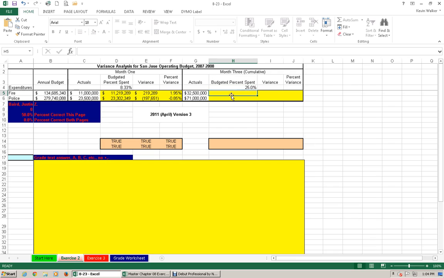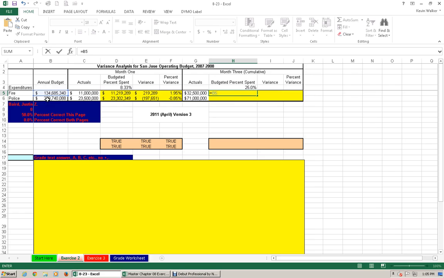And we do just the same thing. We're just doing it for month 3. The cumulative, and remember, cumulative, not in month 3, up to month 3, including month 3. All right? So it'll be equals